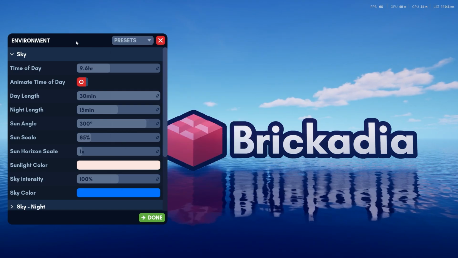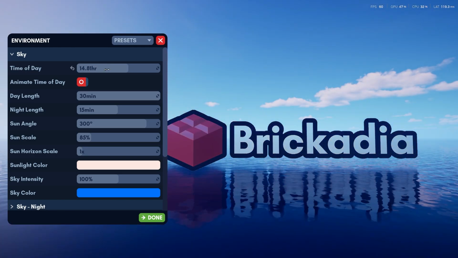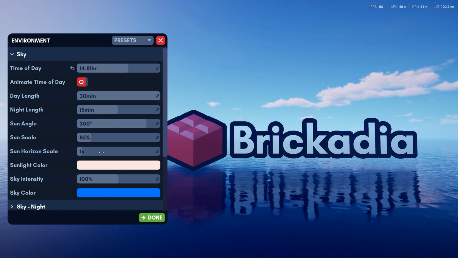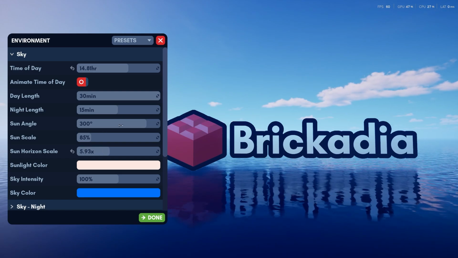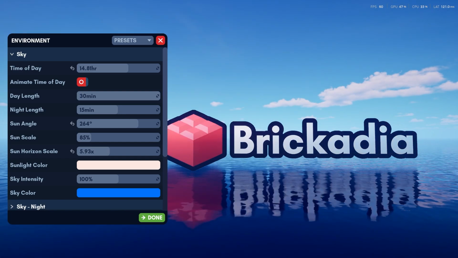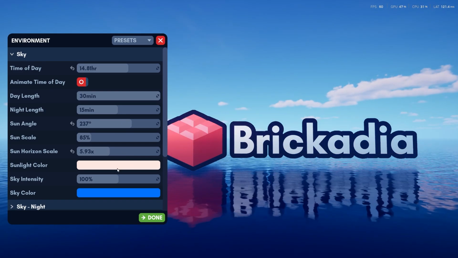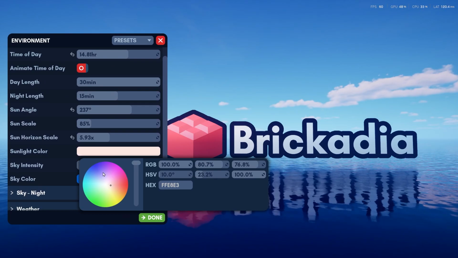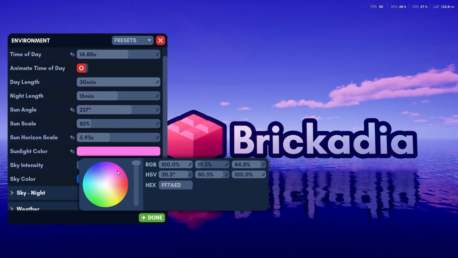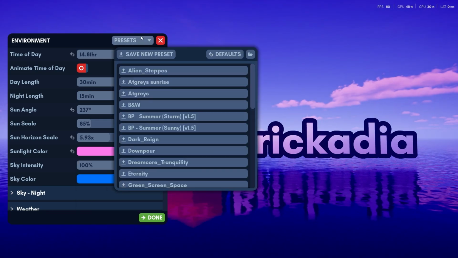Now you may want to actually go in and tweak one around. Make it a bit longer. So you kind of swing the sun around a little bit in this world. I'm going to put it somewhere over there so you get a nice bit of reflection. So I want to change my sunlight colour. Let's add a bit of a purple haze to it. So the thing is, when you're happy with what you've got,